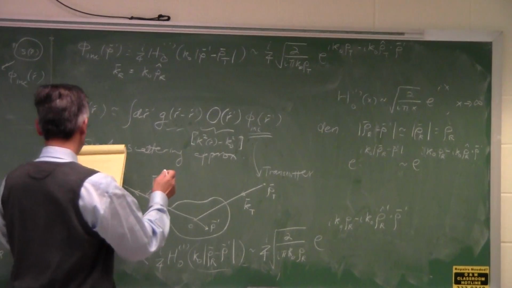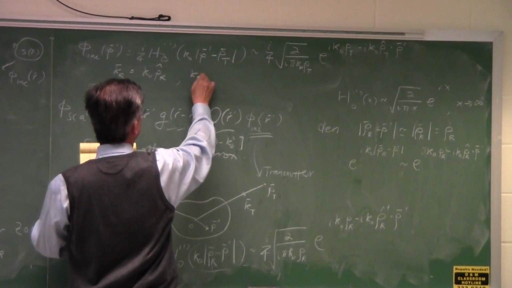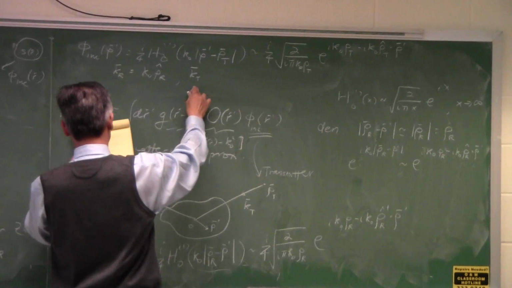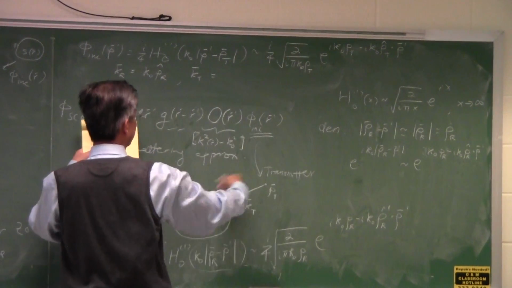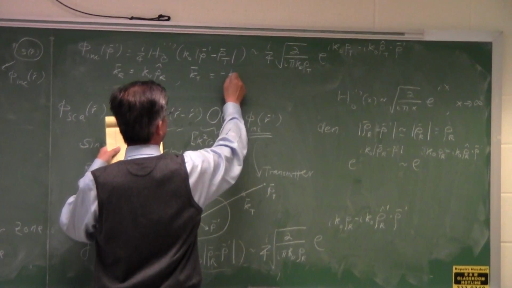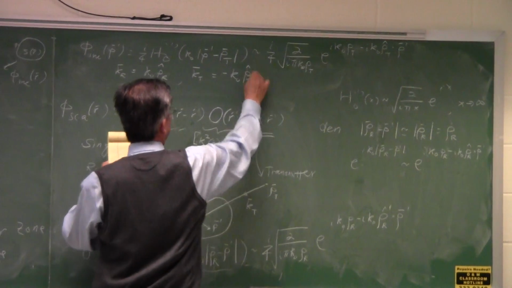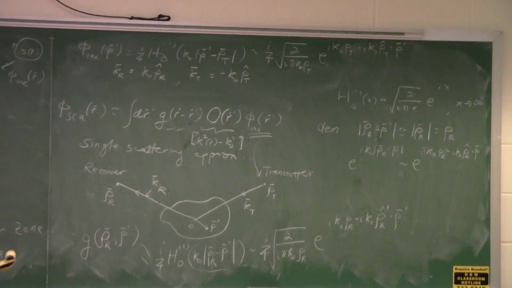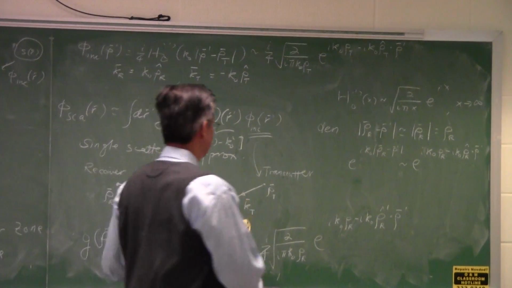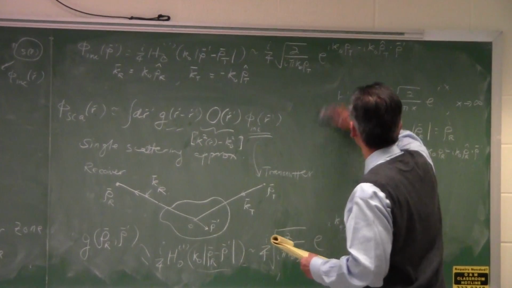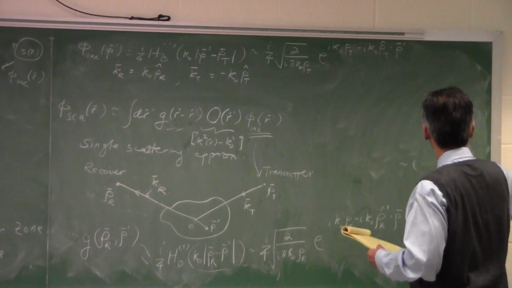Okay, and I'm going to say that KT, the K vector that points in the transmitter direction in the opposite way, is defined as K0 rho T hat. Okay, now I'm going to substitute them in here and get a different expression for phi scattered. And if you get all those approximations correctly, then